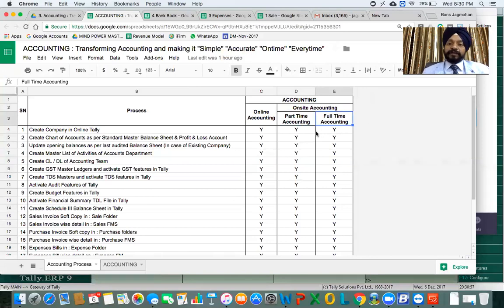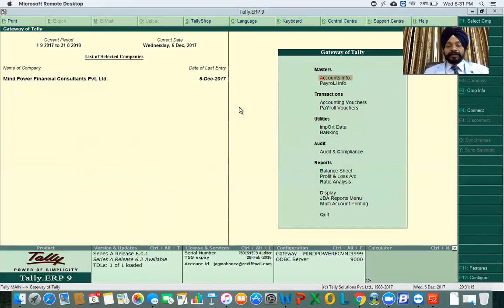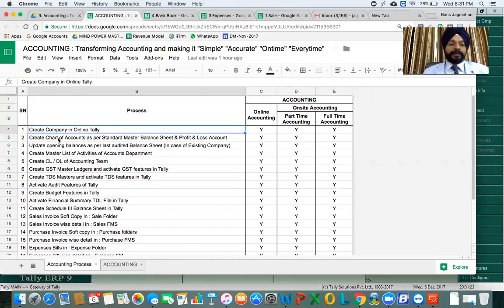Now, which are the steps that need to be taken care of while preparing the online accounting or on-site accounting? Everywhere the process will remain the same. The first part is create company in online Tally. So as I mentioned, we have an online Tally with us. So here is the online Tally. In the online Tally, you need to open a company. I have opened a company, Mind Power Financial Consultant Private Limited. Second part is